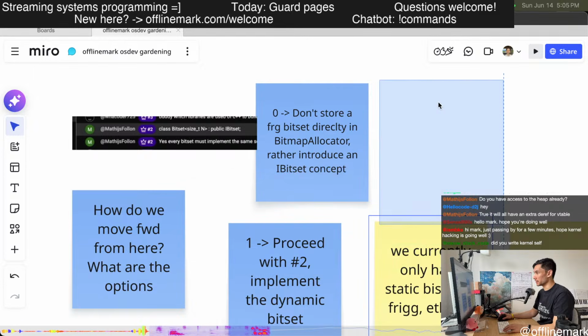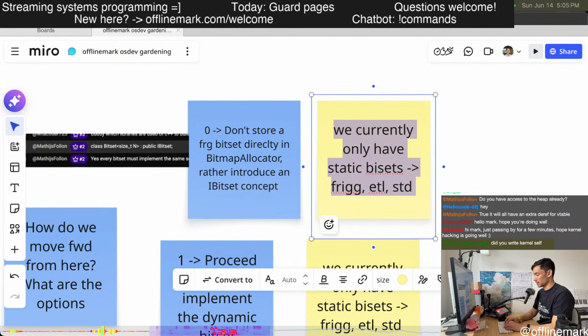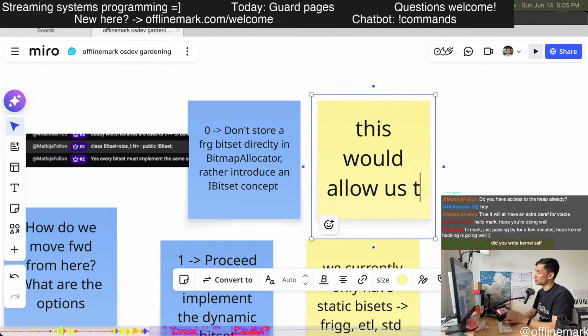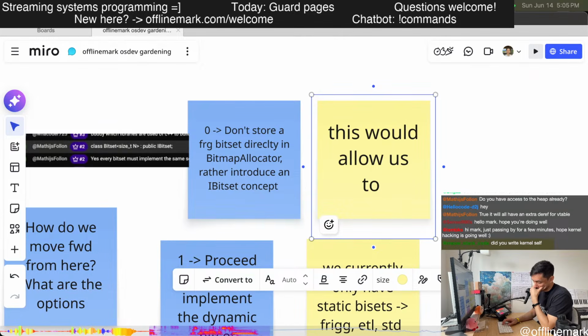To be very clear, it would solve a lot of the problems. Basically, things stop becoming template types.